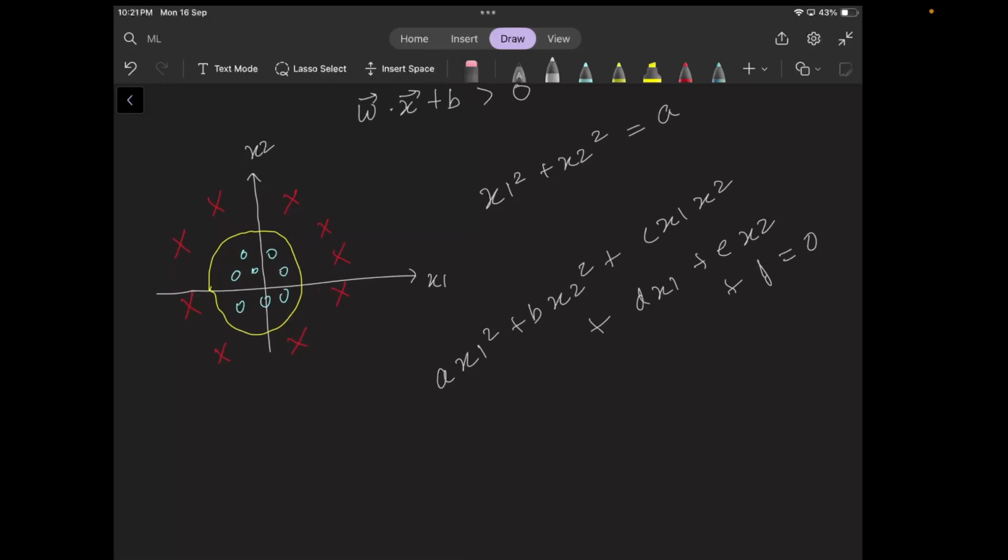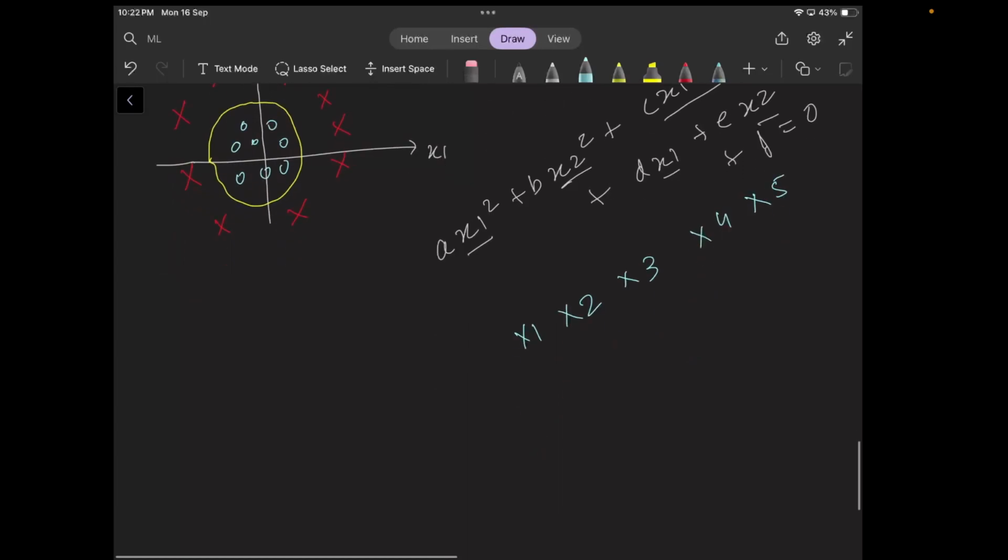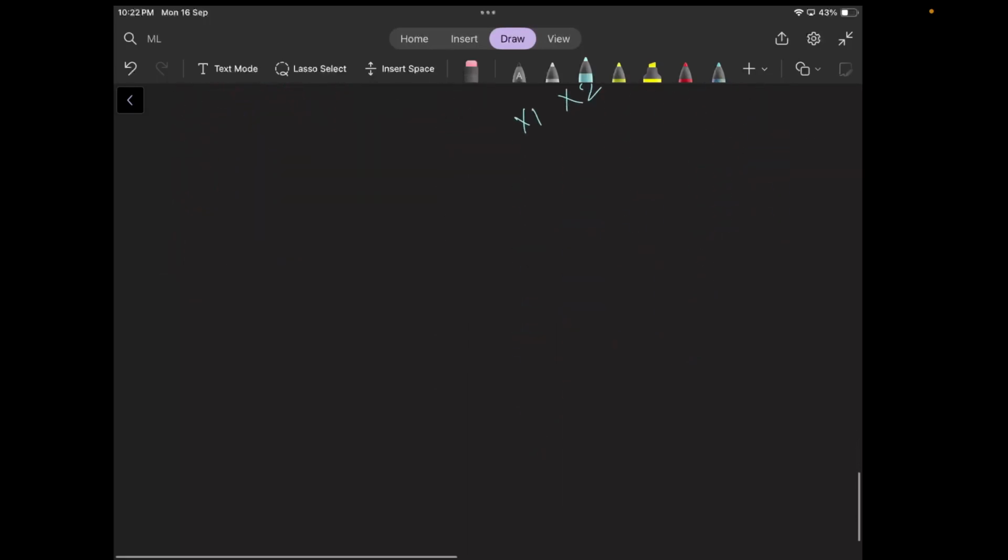Now in this case, when you see these things, these would essentially be your, I can call these capital X1, capital X2, capital X3, capital X4 and capital X5. So you would have to do the feature engineering in such a way that you are able to get the right kind of decision boundary for your data. Now we'll come to this in a little more detail after we first define the loss function and the cost function. Now if you remember,